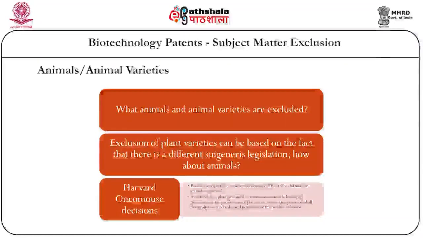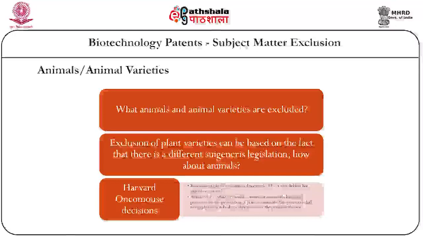Specifically, the exclusion sought to be construed narrowly was under Article 53b, and whether it did bar animals in general. Article 53b read, plants or animal varieties or essentially biological processes for the production of plants or animals, and that this provision shall not apply to microbiological processes or products thereof. So the exclusion seems to be pretty much clear that plant or animal varieties are to be excluded and not